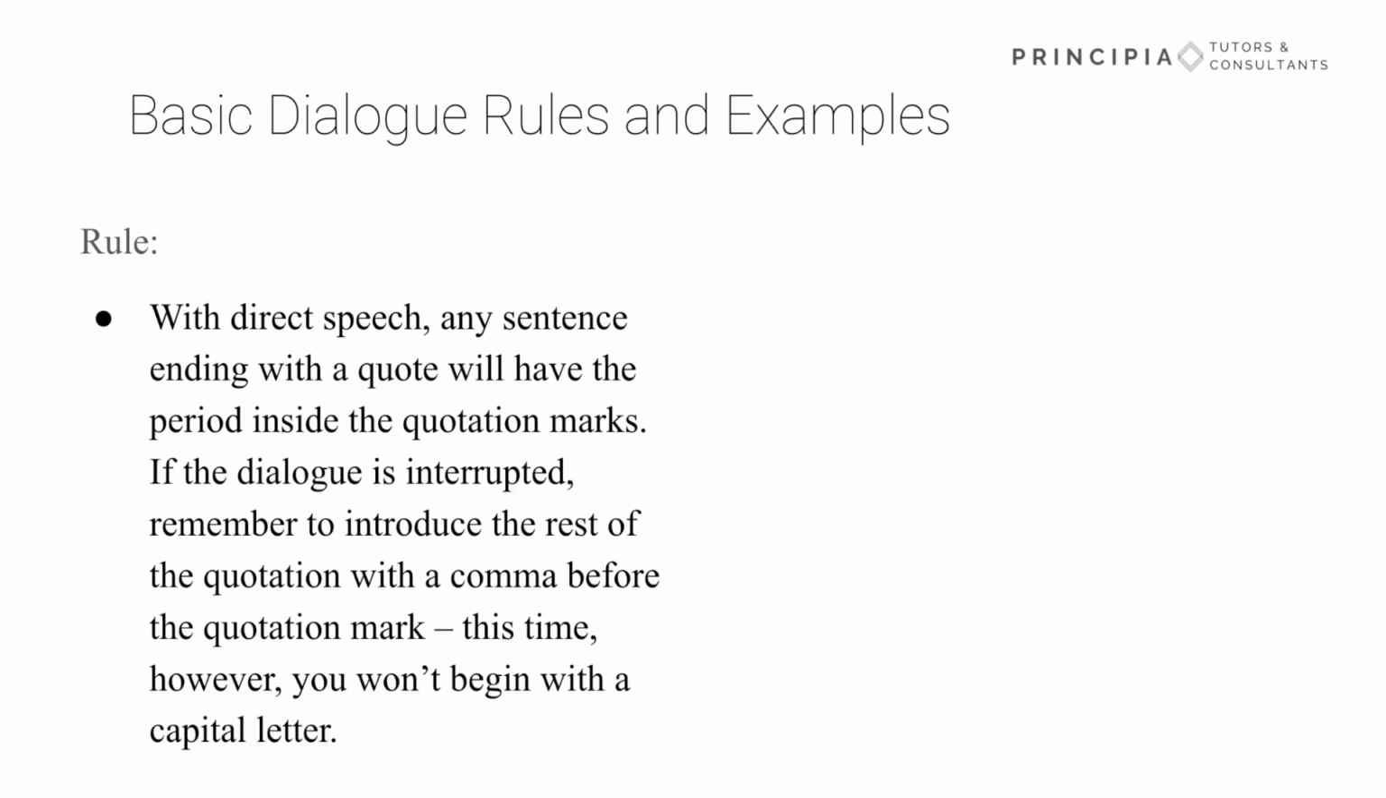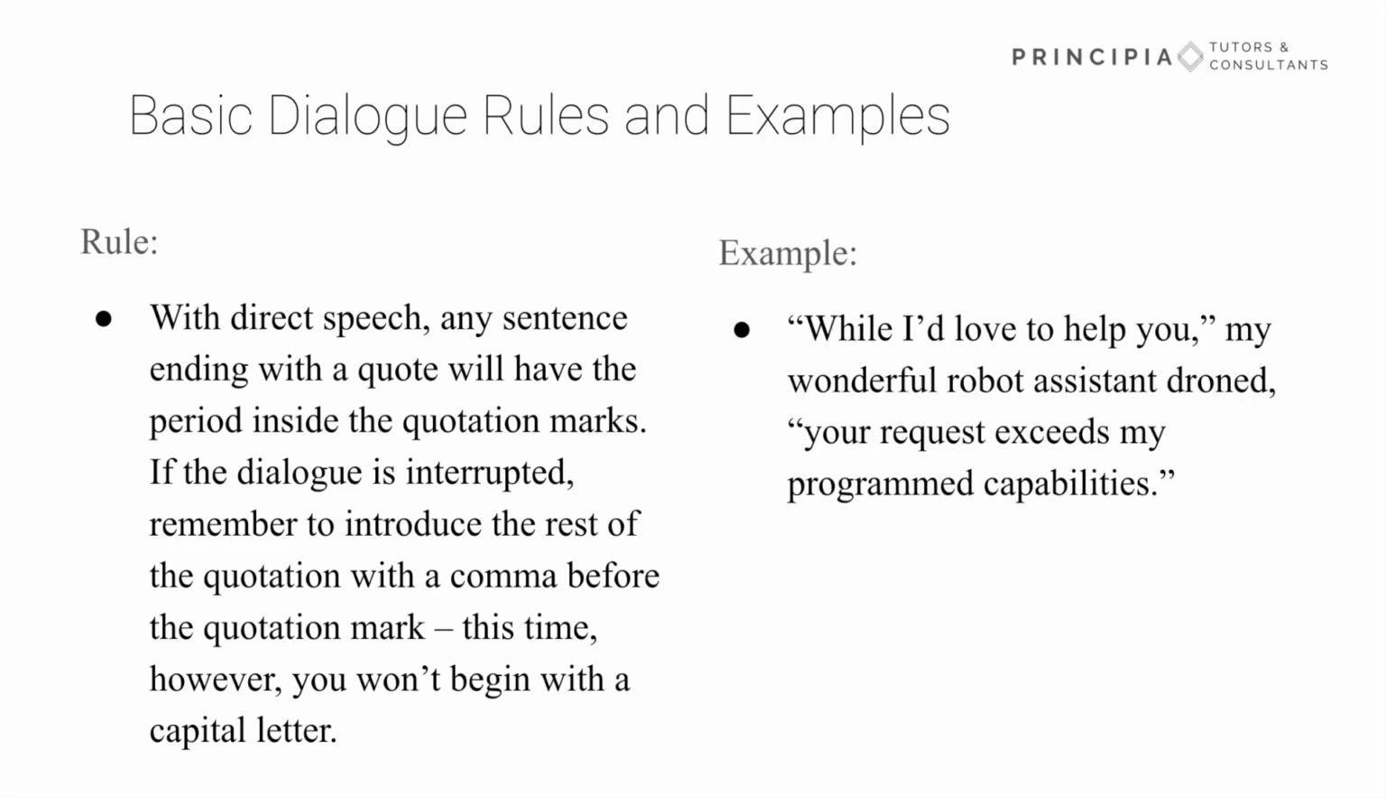Okay, next rule. With direct speech, any sentence ending with a quote will have the period inside the quotation marks. If the dialogue is interrupted, introduce the rest of the quotation with a comma before the quotation mark, but this time you don't use a capital letter to begin it. So in this example, we're beginning with the quote, "My wonderful robot assistant is letting me know that my request exceeds their program capabilities." And what we can see here is after the comma following "you," we're interrupting the quote,